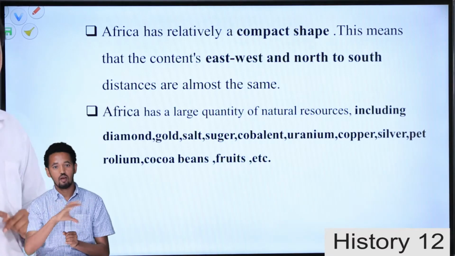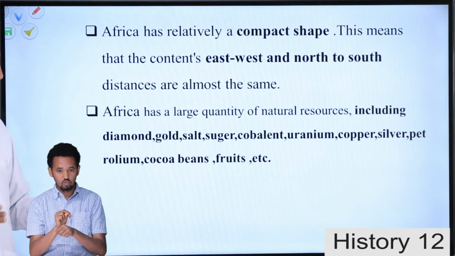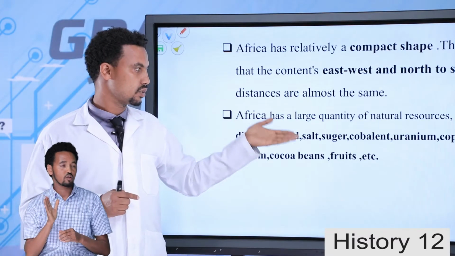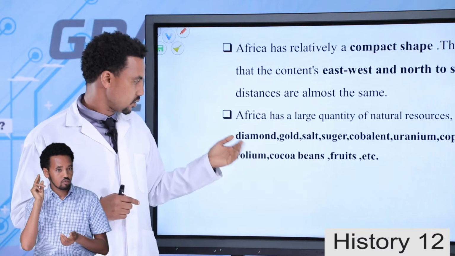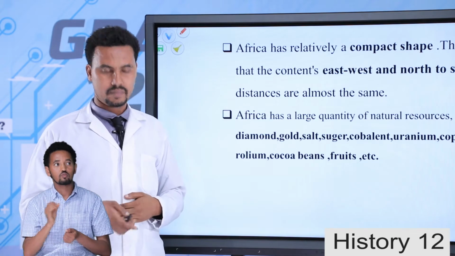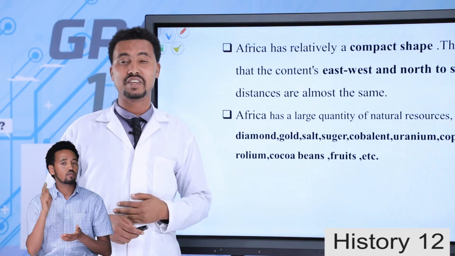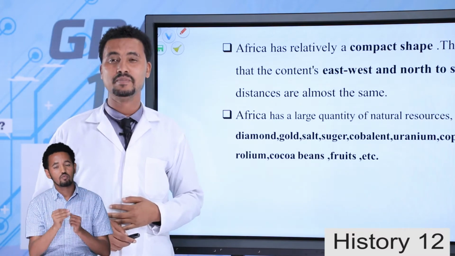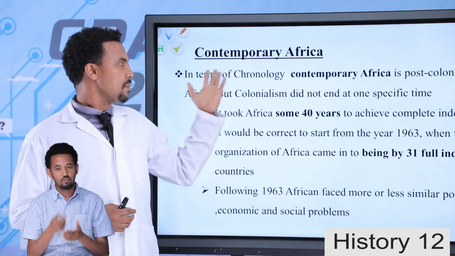Africa has the largest quantity of natural resources, including diamond, gold, salt, sugar, cobalt, uranium, copper, silver, petroleum, cocoa beans, fruits, and so on. But there was a problem among African societies after the end of colonialism until today. In history, the contemporary Africa